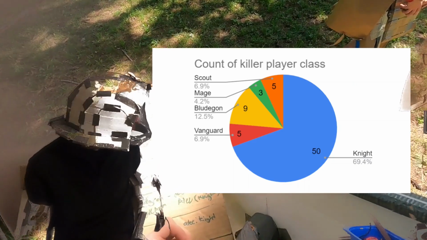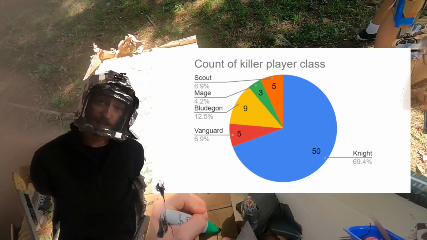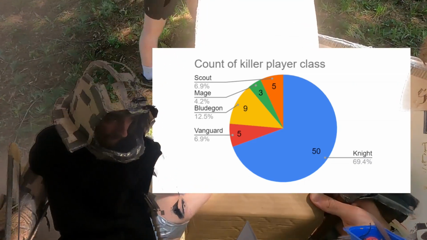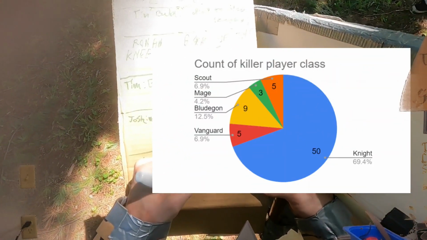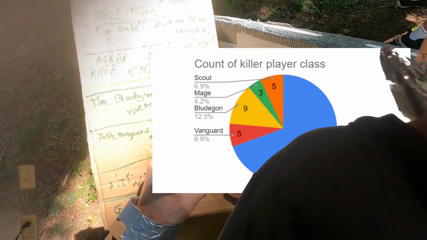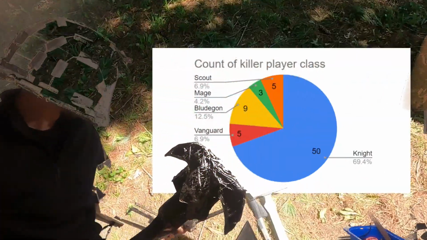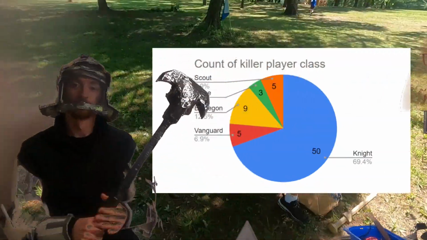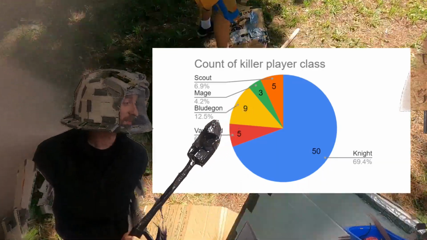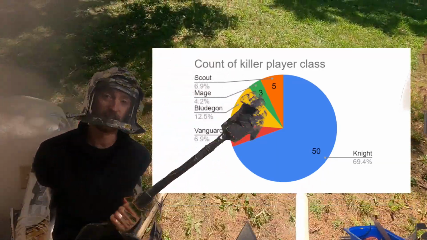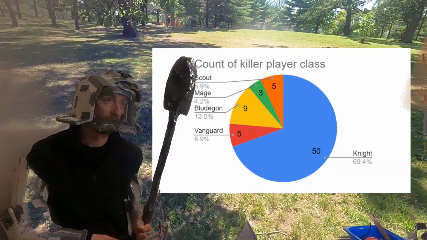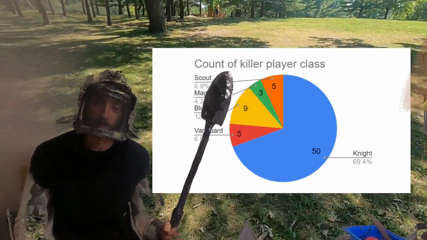The other one of note on this particular graph is the bludgeon class, actually. A bludgeon like one of these, this is my very old bludgeon. I don't really use it anymore just because now bludgeons are one-handed. This was made when they were two-handed. This is made when they were one-handed, they're now two-handed.